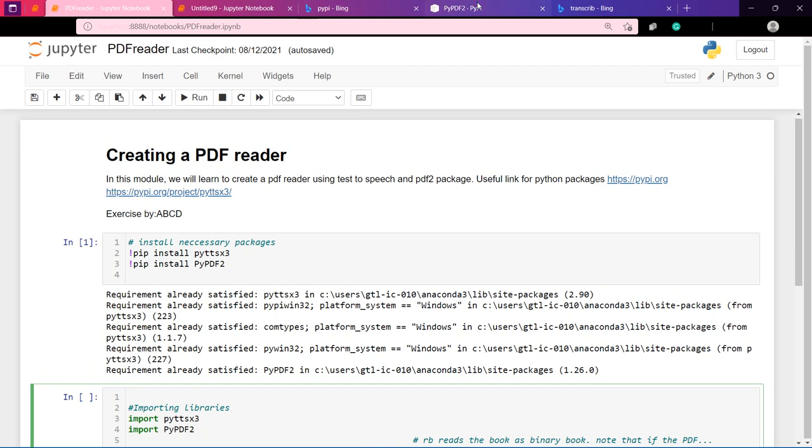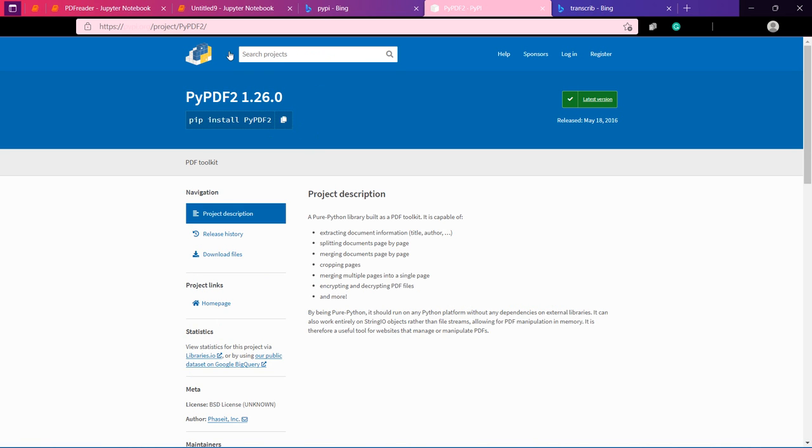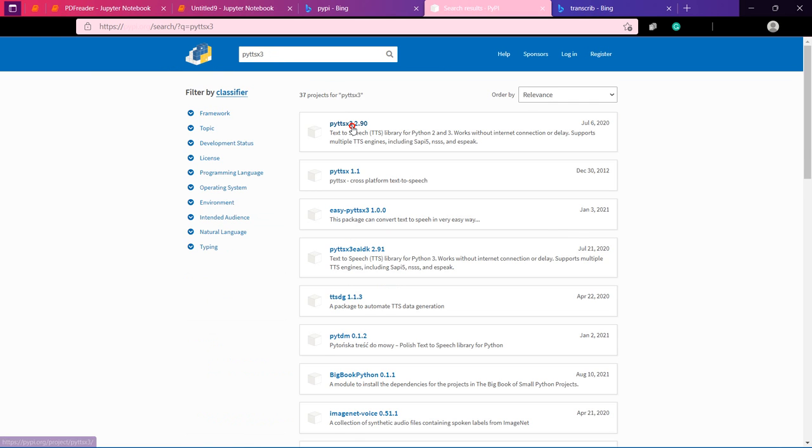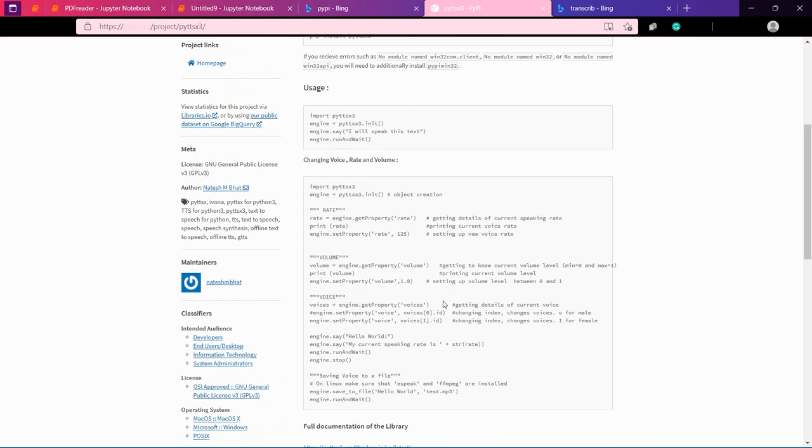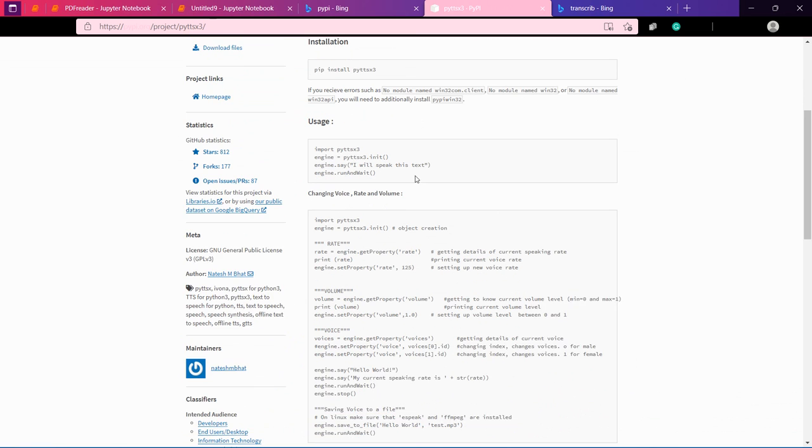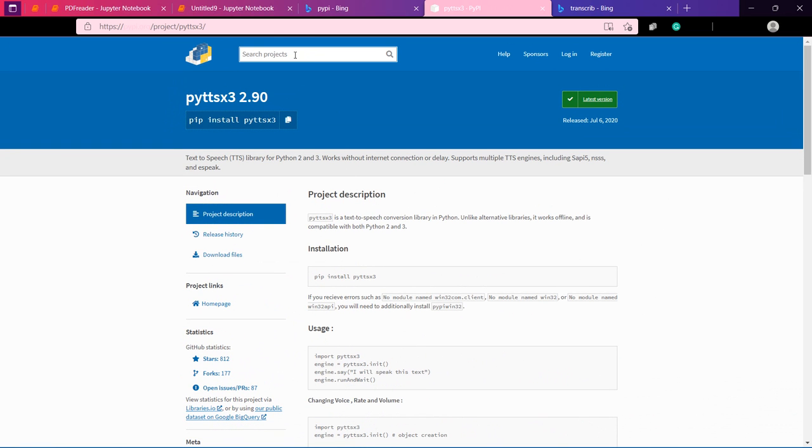As usual, you would have to go to PyPI, and then type in the package, PyTTSX3. And it gives you the method of how to use it. And then if you want PyPDF2, as usual, you just